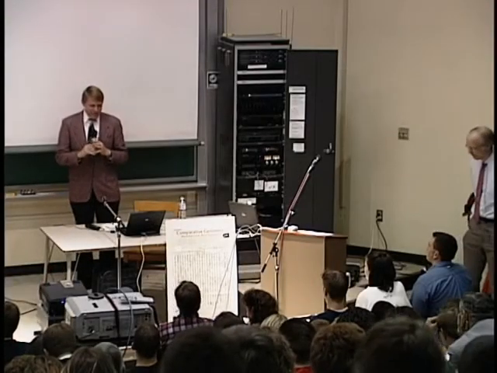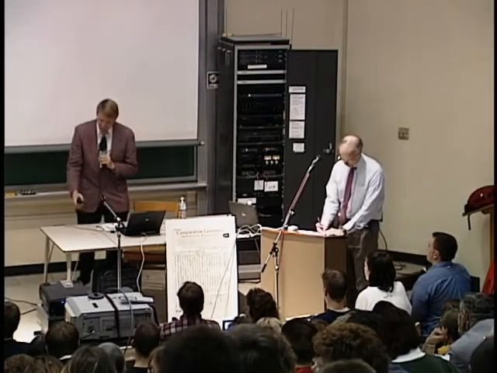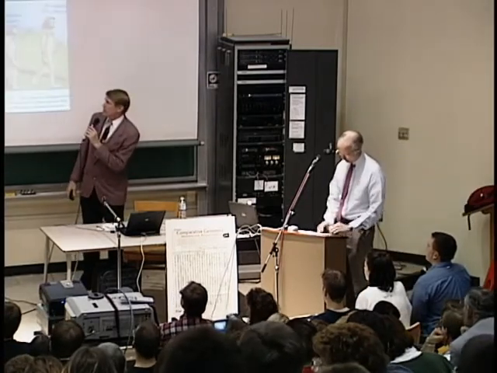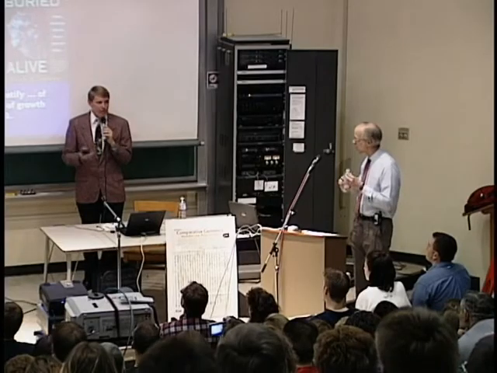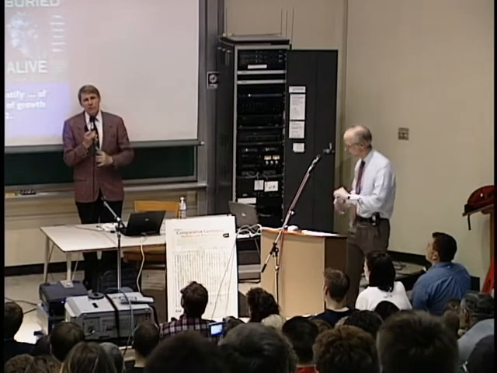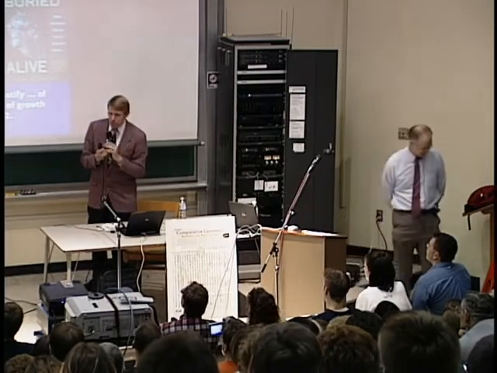I confess I don't understand the question either. I do understand part of it. As far as humans and Neanderthals, I think the evidence indicates, even though Neanderthals are presented as part of the evolutionary chain in the typical textbook, the evidence from the Neanderthals is that they are just human. They're within the range of humans. The 4% difference that he mentioned is certainly still within the range of humans.